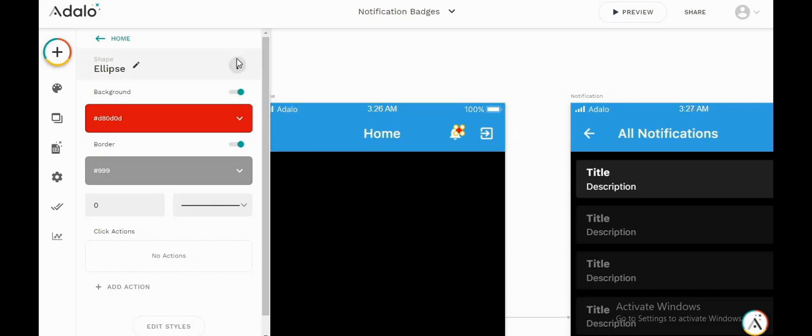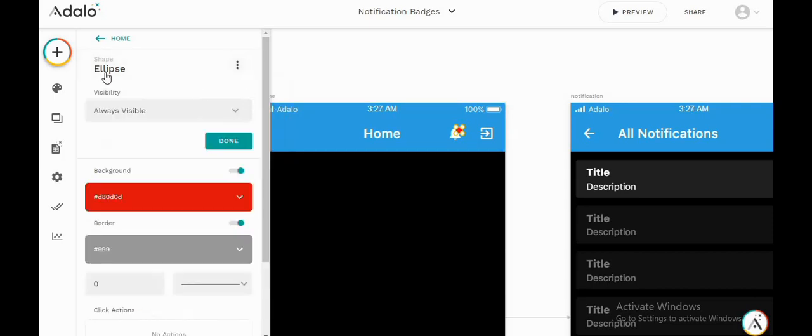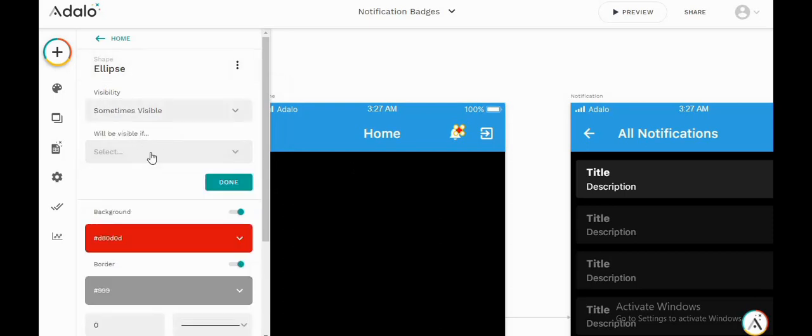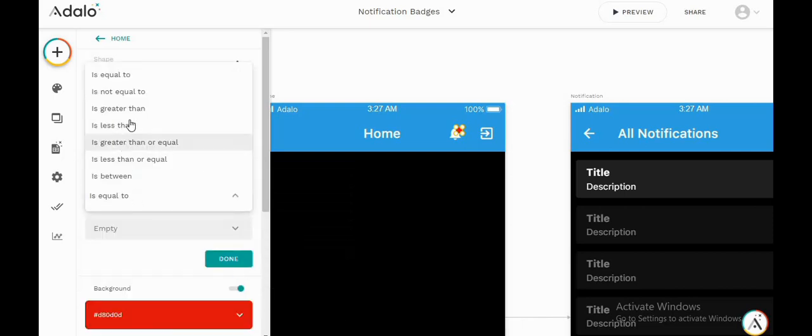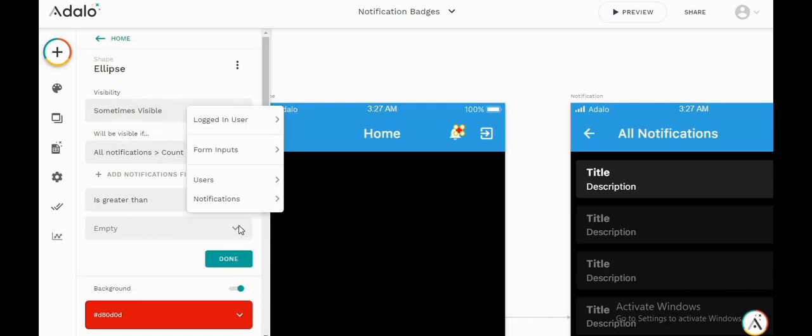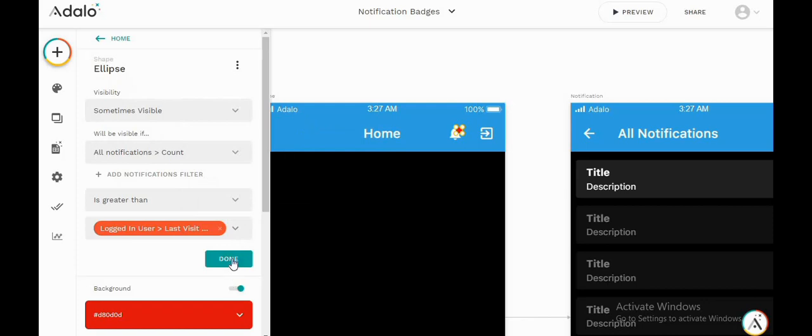Okay, so let's just go to change visibility, and here we'll select sometimes visible. Will be visible if notifications count is greater than logged in user last visit notification count. Okay.